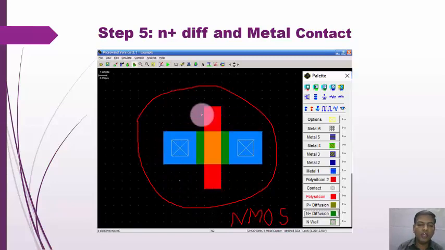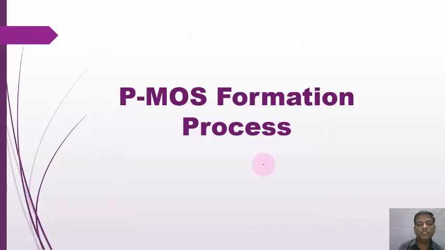Everyone can draw that particular NMOS layout. It is simple. First you have to draw the N plus diffusion layer, that is 12 lambda, and vertically it is 4 lambda. Then apply the polysilicon layer, total width 2 lambda, with extra surrounding of 3 lambda on both sides. Then apply contacts of 2 lambda and on that apply 4 lambda metal, or directly if you have taken the NMOS contact over here. Everyone got it? So these are step number 5 and complete the NMOS formation process.